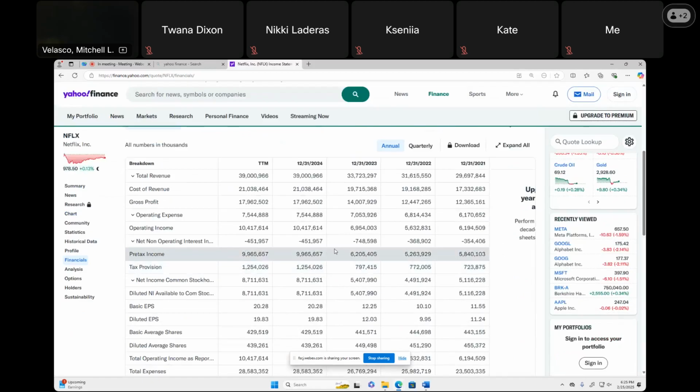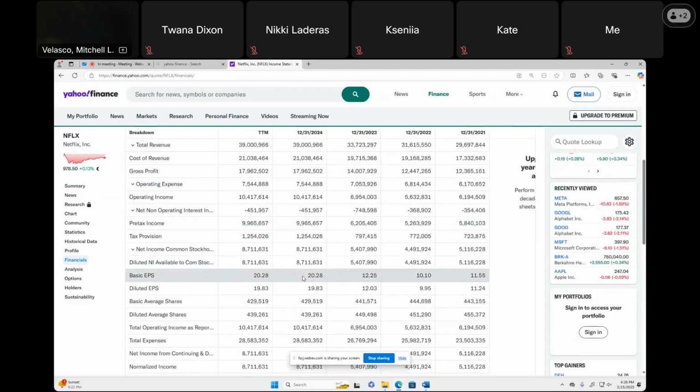So Netflix, why do people want to buy the stock? Well, why am I interested in the stock? Well, take a look at their revenues. How much cash or sales are they generating? $29 billion in 2021, $31 billion in 2022, $33 billion in 2023, $39 billion in 2024. That's a nice trend of continually increasing sales each year, right? And hopefully it'll be great once they do their quarterly reports in 3 months from now.